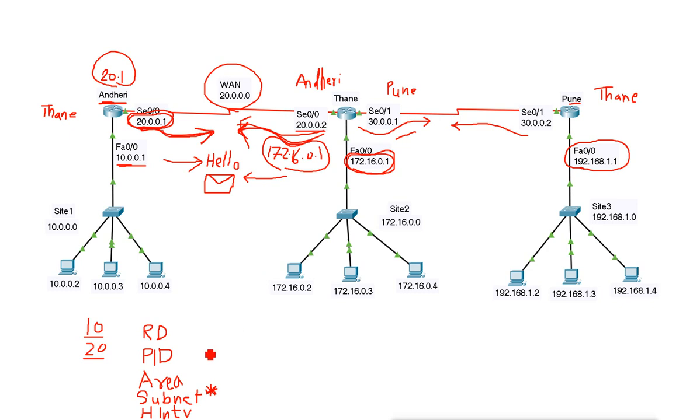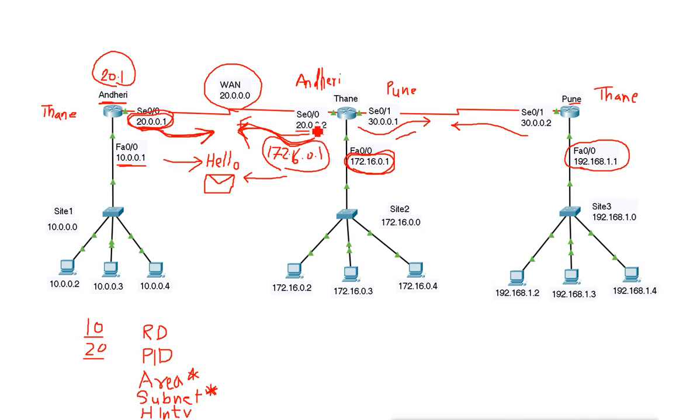Then they also talk about the area. Remember, we configured the area also. When we introduced this network 20 on this router, we also introduced that this network is under area 0. We configure the same thing here also.